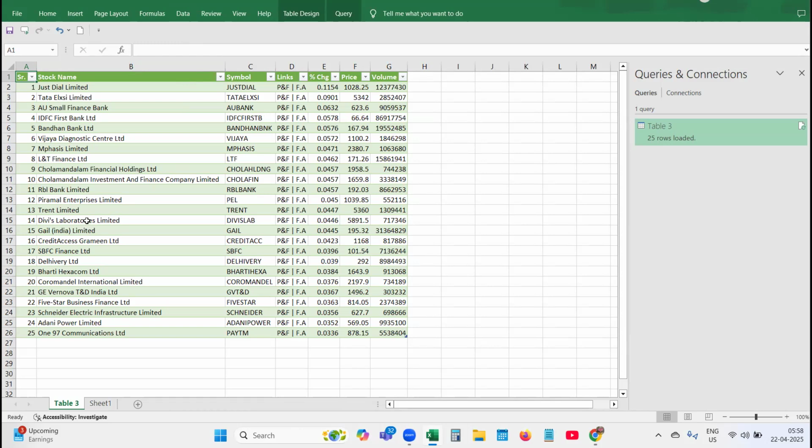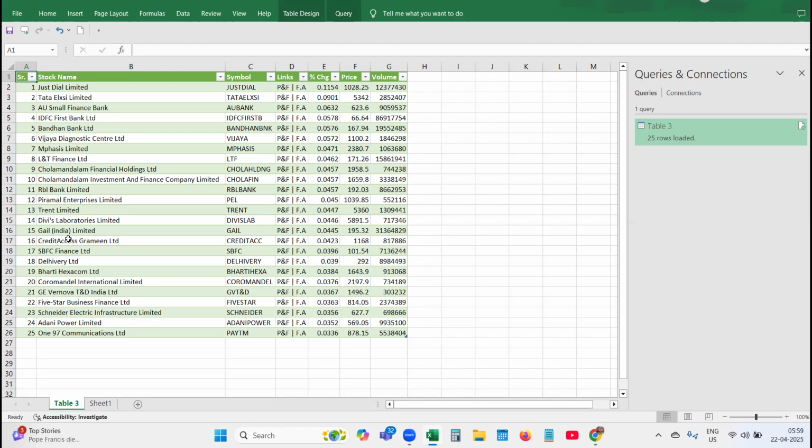And in the morning, you will get so many stocks in the market. You see, Tata Elxsi has come, Emphasis has come, L&T Finance has come, Gale has come, Divi's Laboratories has come. So you can select a few stocks and put them into the template. Template means whatever we have made for the 5-minute strategy, the indicator, and also you can put into volatility vortex, that is Bollinger Band and Keltner channel, and you can trade.